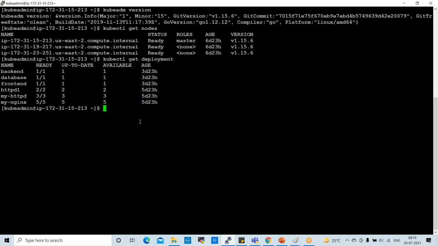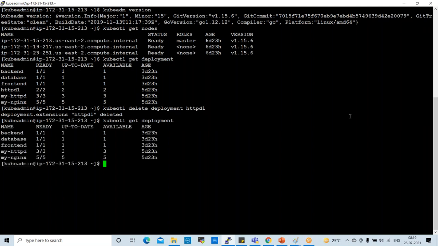The command here is kubectl delete deployment, and the deployment name I can give, my HTTPD1. See here, the deployment is deleted. Now if you check, yeah, here HTTPD1 is not there, right?